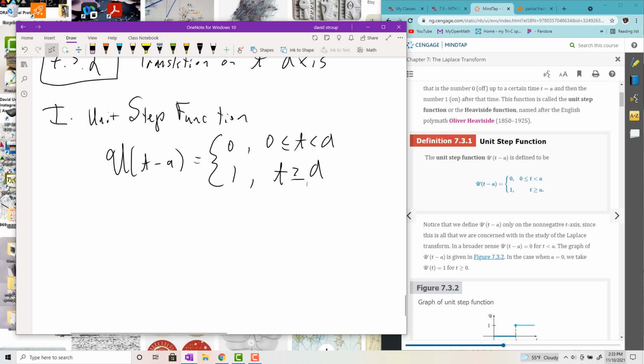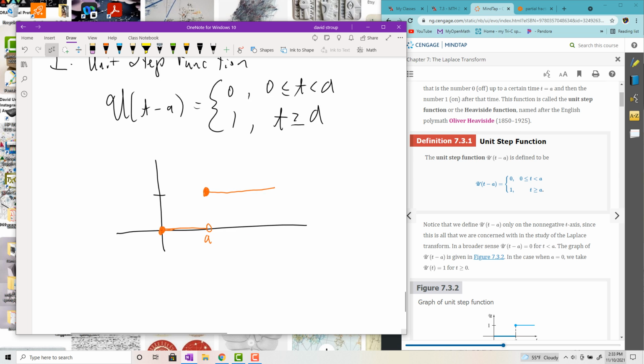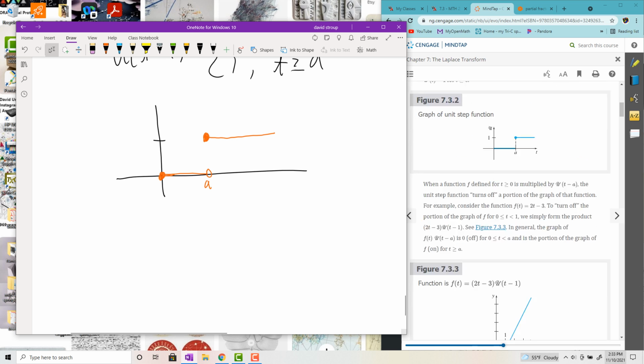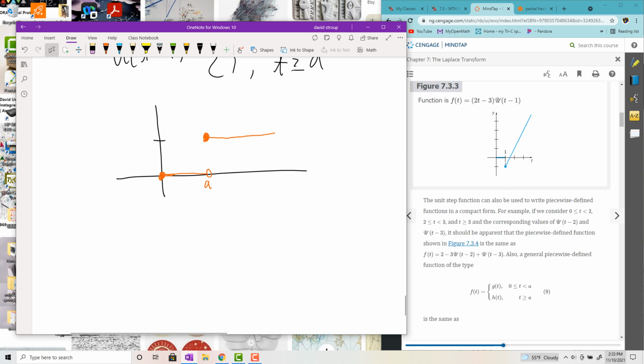Okay, so to graph this thing, I'll put it in red. So it's 0 from 0 to a. So maybe this is some point a here. And then it kind of gets turned on, right? So it jumps up to 1 at a. And then it'll just keep on going on from there. You could use this thing to graph other kind of cool functions. So for example, this guy right here,